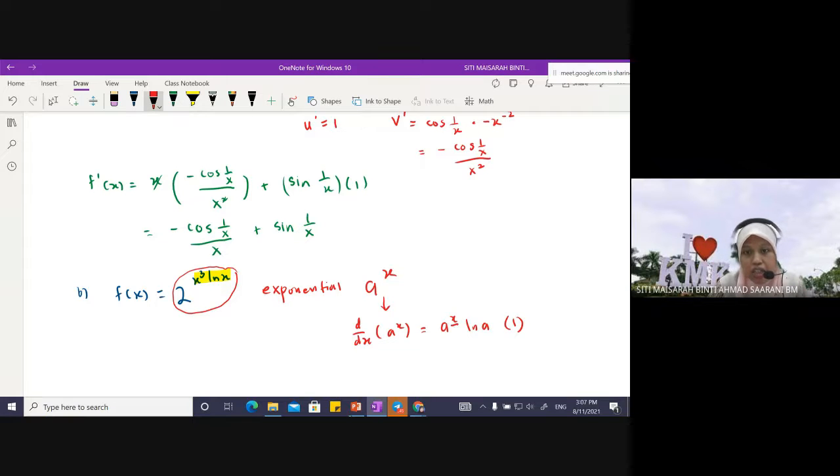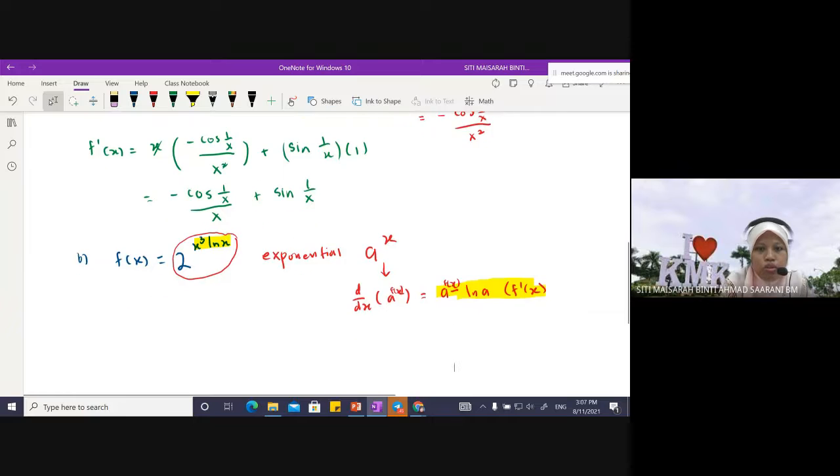Differentiate x. If this is f(x), then it is a power f(x) ln a multiplied by f prime x. So we have to apply this one, follow this one. So if we follow that,